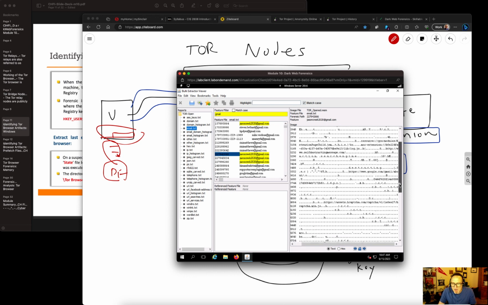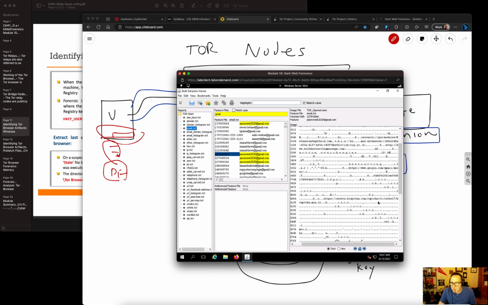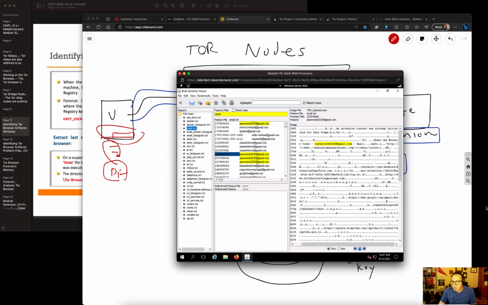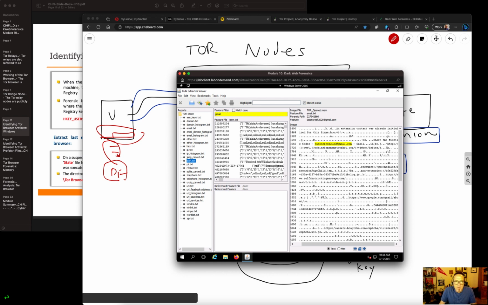You can try to extract out possible URLs visited, things that were sent inside the email. And something, of course, the way emails work sometimes too is JSON. They use JSON for it. Let's look at search for Jason Creek 2020 gmail.com. So we can search through this and we can look for evidence of